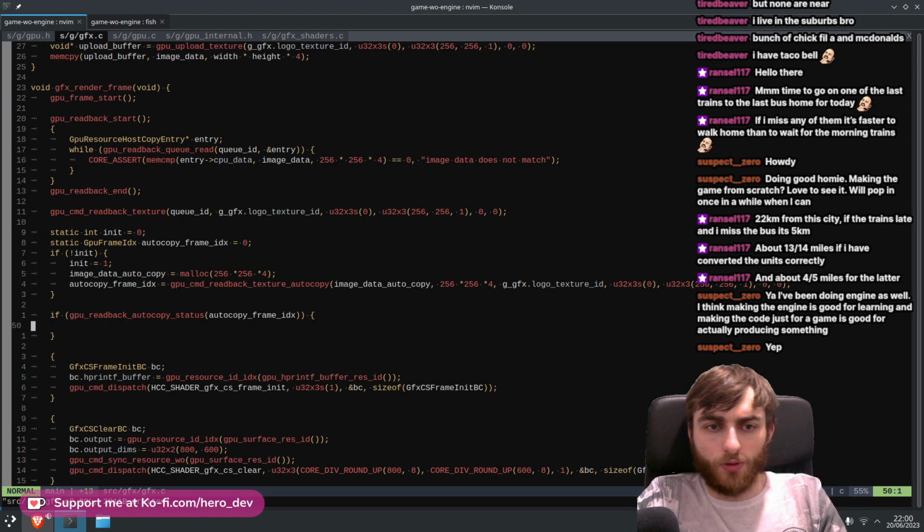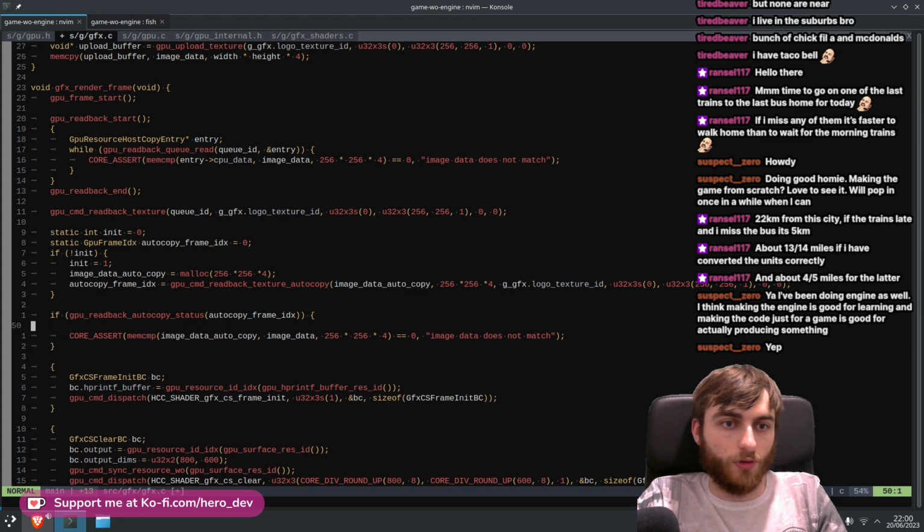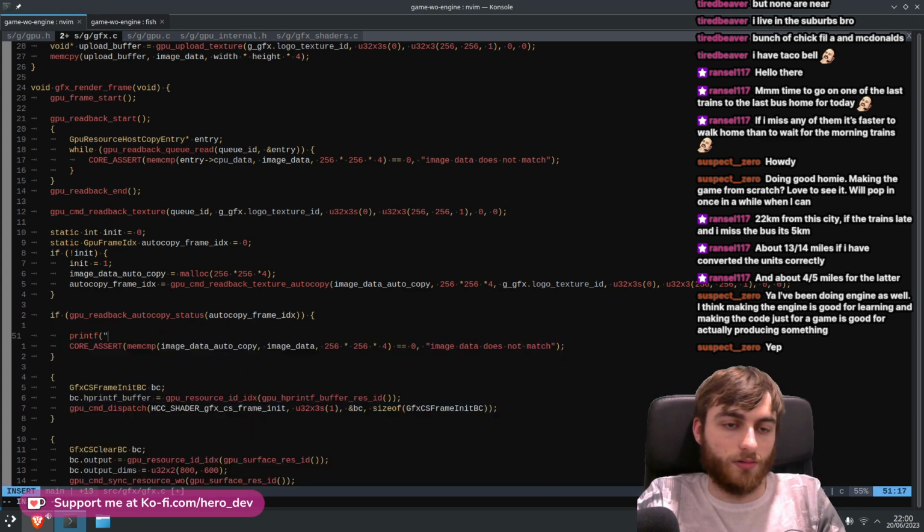Right, so what we're trying to say is it's copied, awesome. So now I want to simply do the mem compare check to make sure the data is good. And that's all I want to do. So we also want to print out to say, hey,